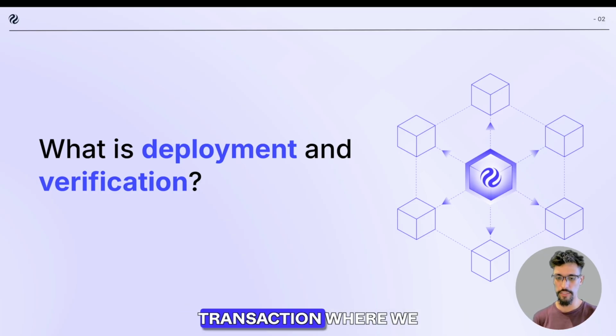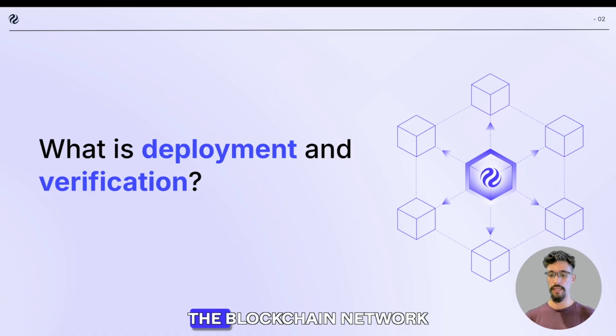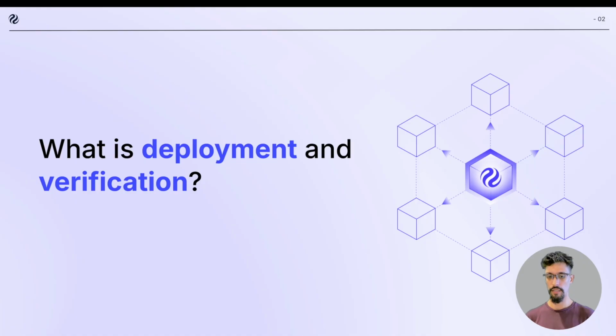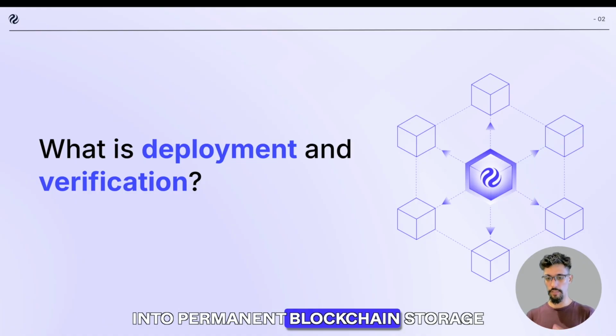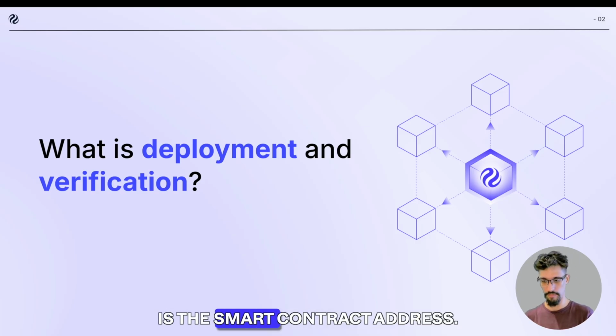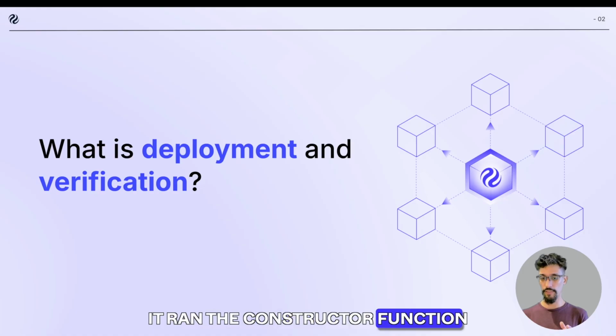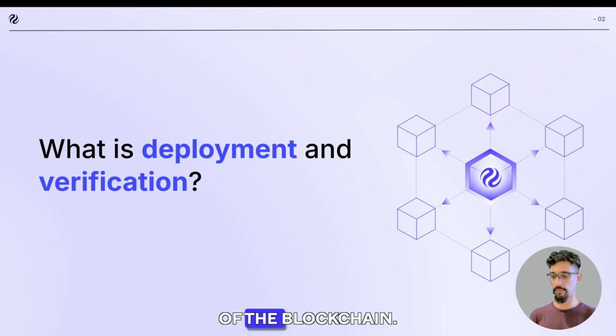Deployment is an on-chain transaction where we sent a transaction containing a bytecode. The blockchain network executed it, and that did a couple of things, right? It copied the bytecode into permanent blockchain storage at a specific address, and that address is the smart contract address. The next thing it did was run the constructor function to set up the initial state of the blockchain,